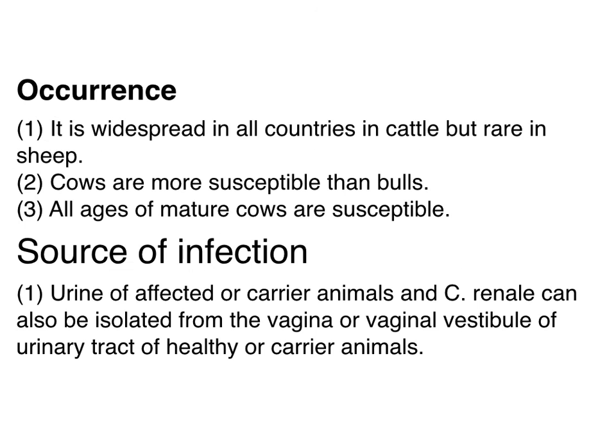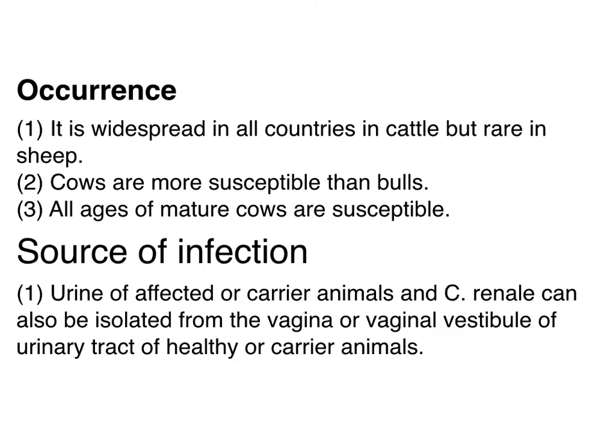أما بالنسبة للأوكرنس, it's widespread in all countries in cattle but rare in sheep. Cows are more susceptible than bulls. All ages of mature cows are susceptible. Source of infection: مصدر الإصابة, urine of affected or carrier animals